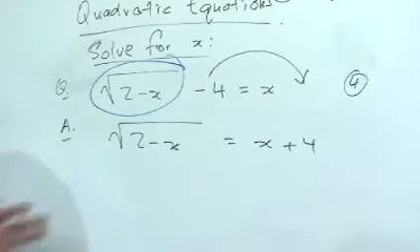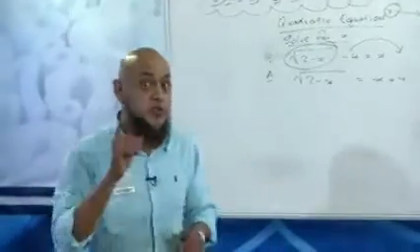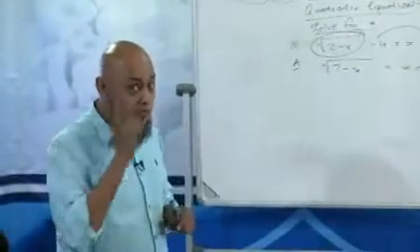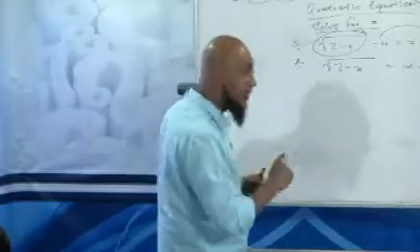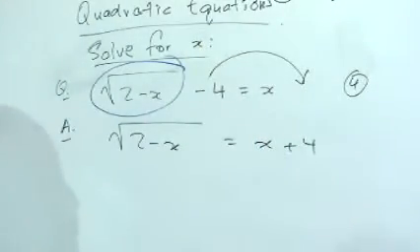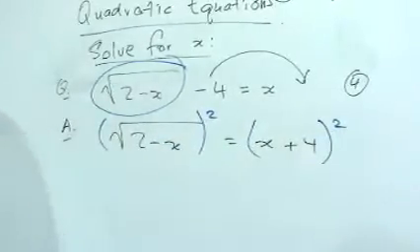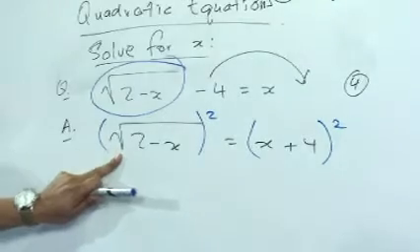I'm going to show you one example. We might do 2 or 3 examples of this before we go on to your big nightmare, which we all know, completing the square. So stay tuned for that. Stay focused. So square root of 2 minus x is equal to x minus 4. We square both sides. So let's square this side and let's square that side. Why are we squaring the side? To get rid of the third sign.